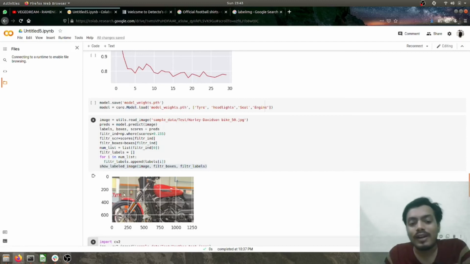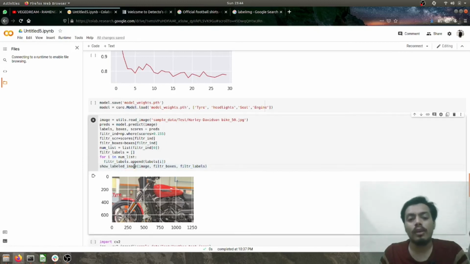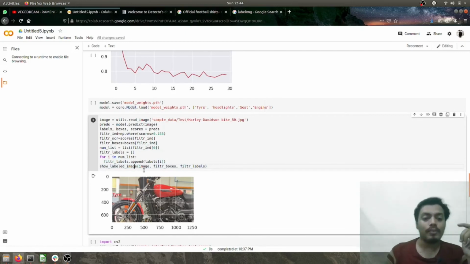For tire in this image, I got the threshold of 0.155, and this was entirely trial and error. I just applied the threshold and am doing a simple show_labeled_image. I'll also show you how it appears when you don't do that typical thresholding.